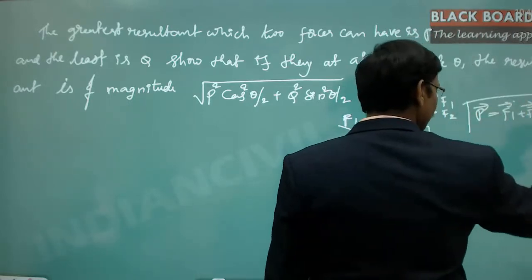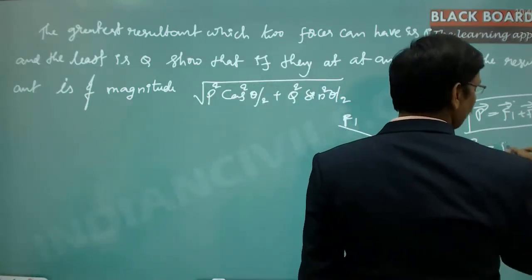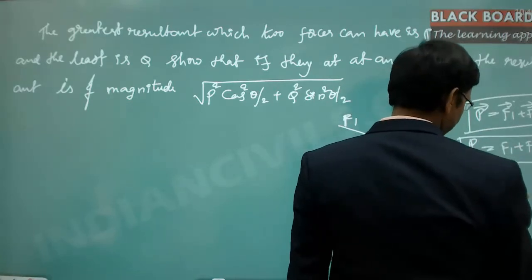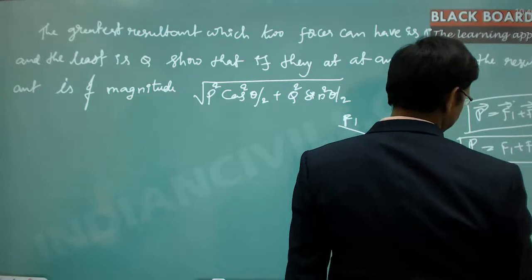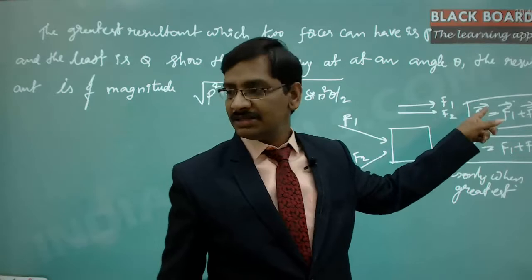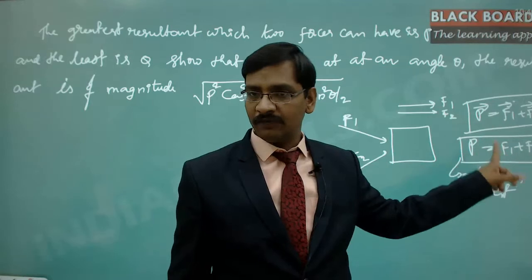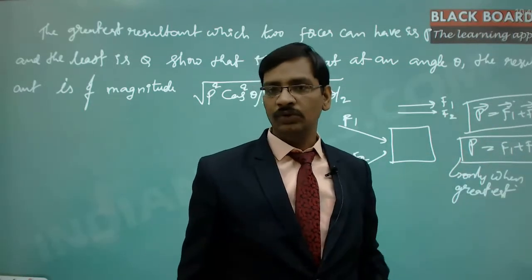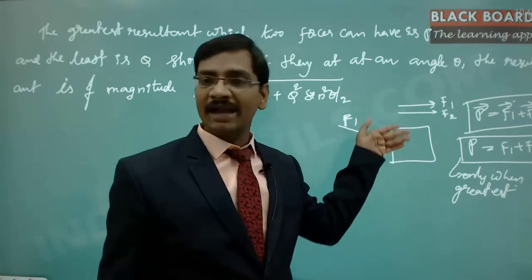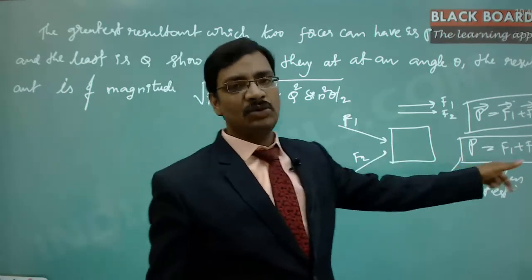Now here actually this is valid whatever may be the direction. The greatest magnitude is the magnitude of F1 plus the magnitude of F2 only when they act in the same direction. I hope you understood the difference between these two. This is a generalized statement irrespective of the direction, but the sum of the magnitude of F1 and the magnitude of F2 is equal to the greatest P only if both are acting at 0 degrees, or in parallel. So here P is equal to F1 plus F2.